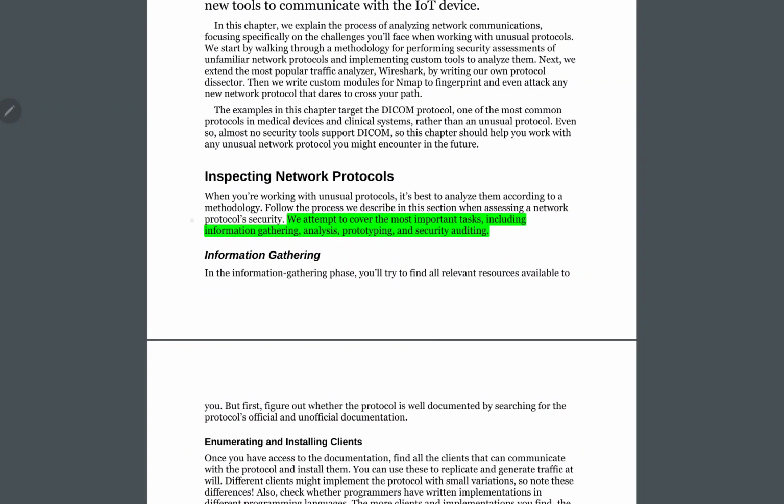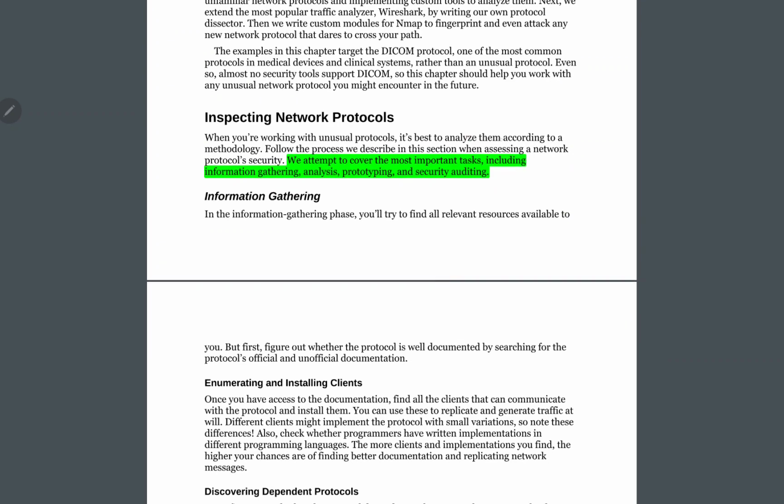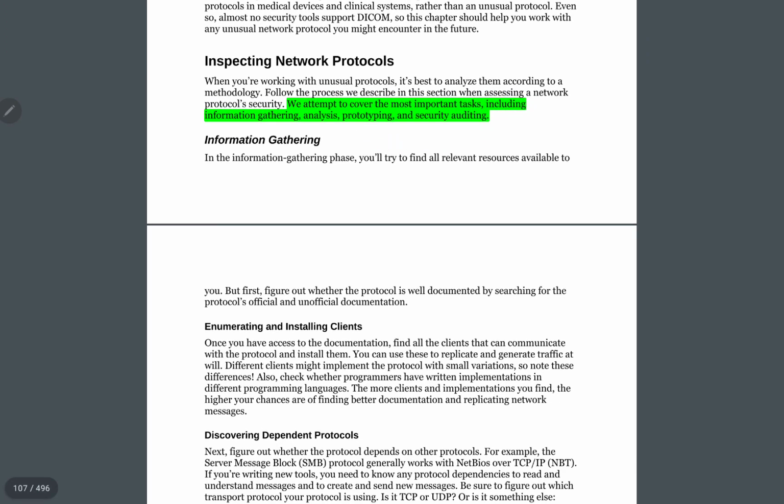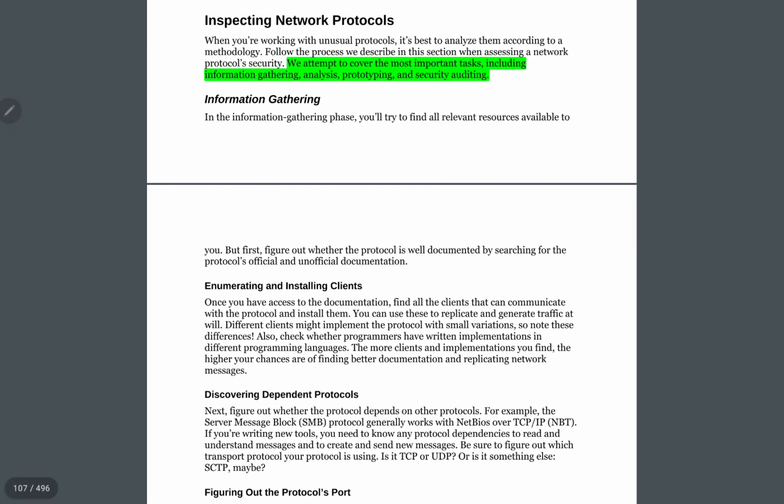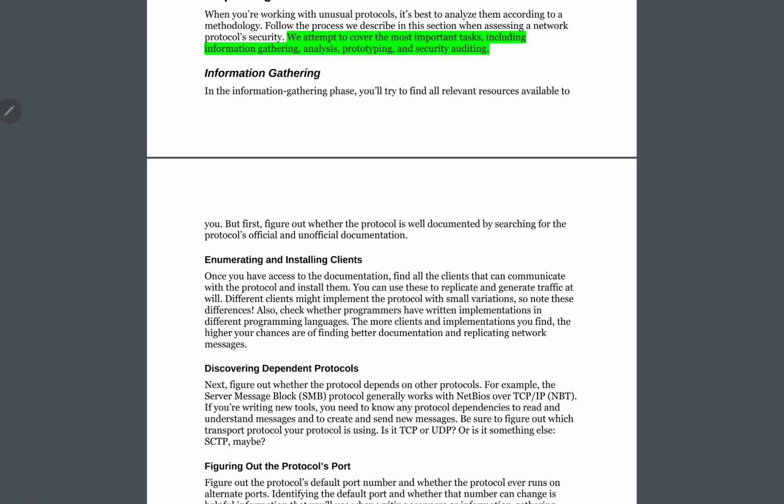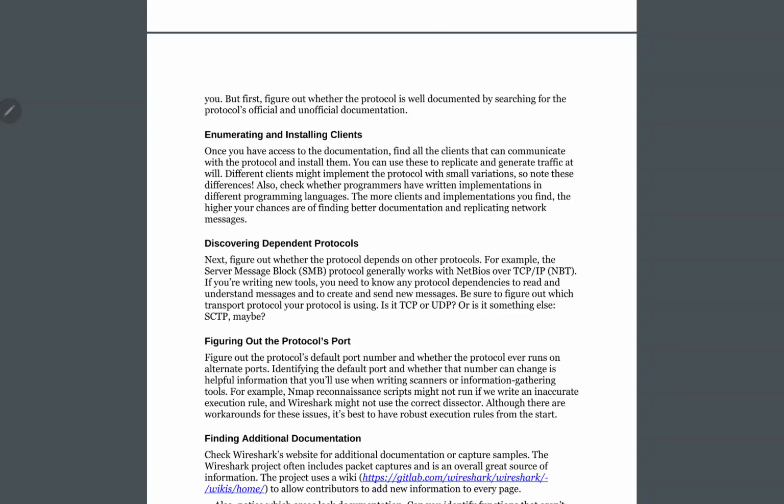So as you can see, when you're working with unusual protocols, it's best to analyze them according to a methodology. In this specific video, we're only going to cover the information gathering part. The methodology involves information gathering, analysis, prototyping, and security auditing. When it comes to information gathering, you might want to start with